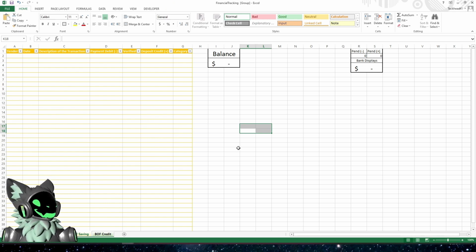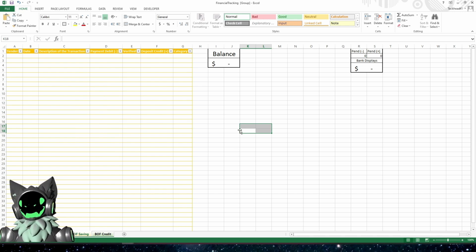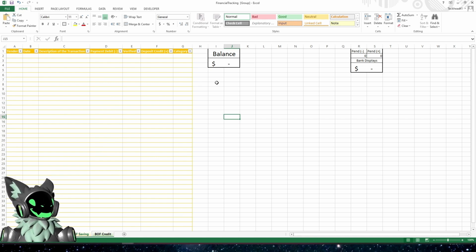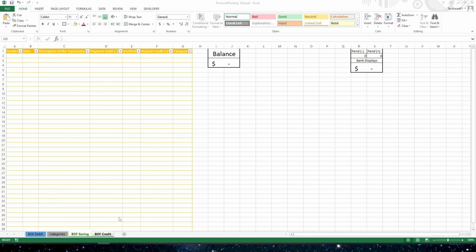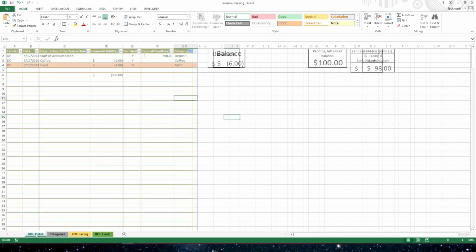It's time to test. We always test our stuff, because the last thing you want to do is start using something and it not work the way you anticipate it, right? So now I'm to the point that I'm ready to make sure that it works. So I'm going to break the grouping, and the way I break the grouping is by just clicking on a different sheet that's not in the group. And then if I look at the savings,